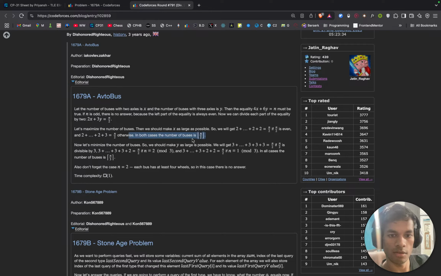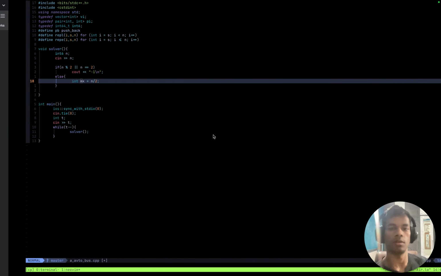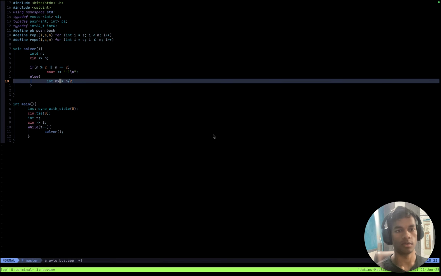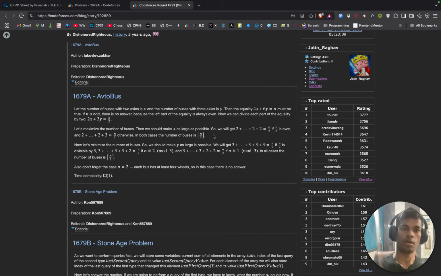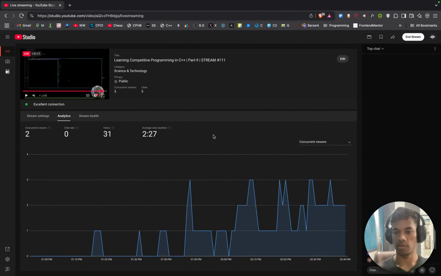In both the cases, the answer is n divided by 2, ceiling. Mm, should be divided by 4, ceiling. n divided by 4, that is maximum, and minimum I have to find the ceiling, and for that I can do